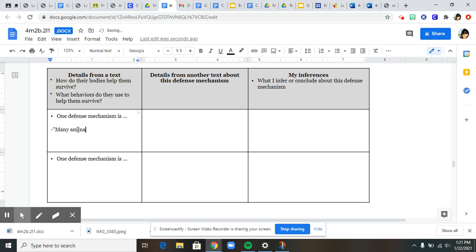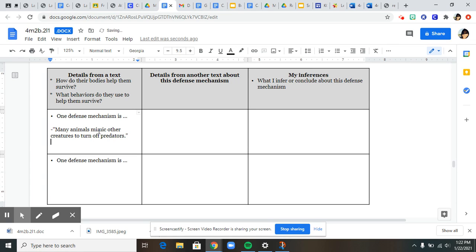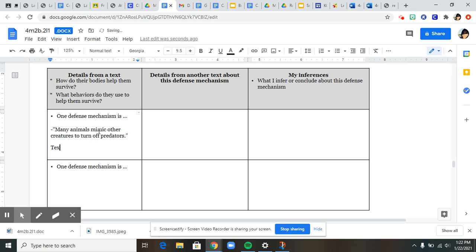Many animals mimic other creatures to turn off predators. Okay? And I'm not done yet. I got this quote, but I need to say where I got this quote from. So then I'm going to mention text right here. And our text is italicized, so I'm going to put Award-winning